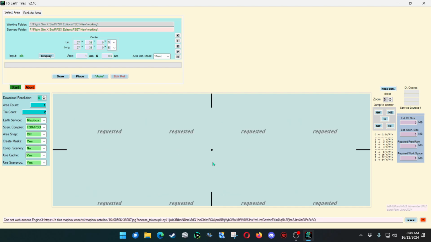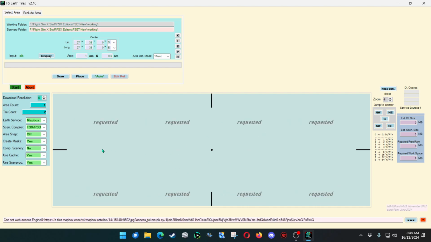Okay, Mapbox can't do it at all. I'll have to go to Mapbox and get a new password. Mapbox is one of those services. It's good if it's paid. Sometimes you can get away with Arc. Arc is not too bad,